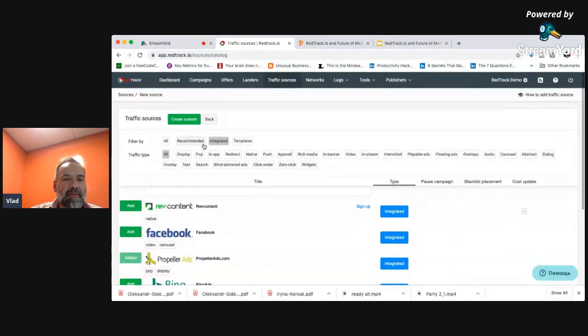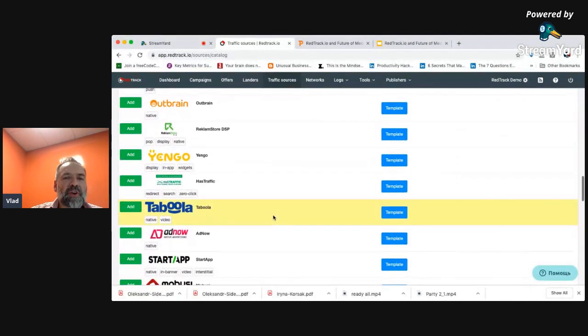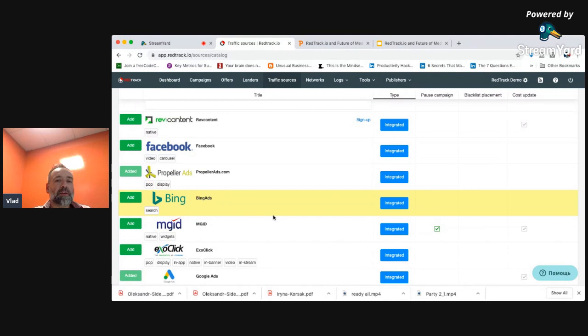There is more than 50 traffic sources in our list of templates. So please share with us what traffic sources you'd like to see integrated to, because based on your feedback, will shape the next 15 or 20 or 50 traffic sources we want to integrate by the end of the year.